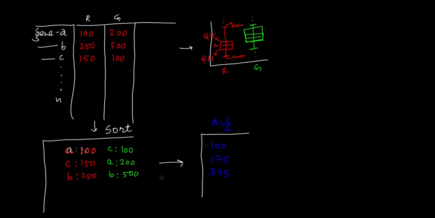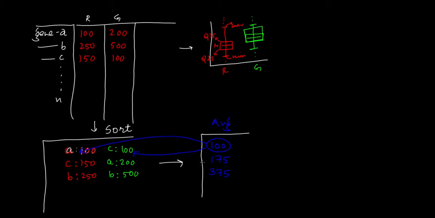Okay, now is the key thing. So I put this on the same scale now, right? Now what I'm doing basically here is I will take this value 100 and put it for A, and the same one I put for C. So in this case, both of them were 100, so that's okay. The average comes up as 100.